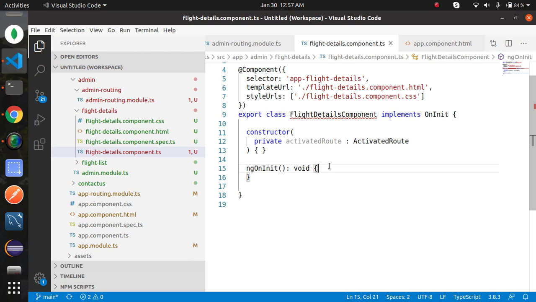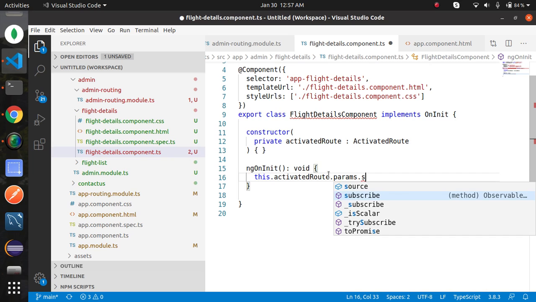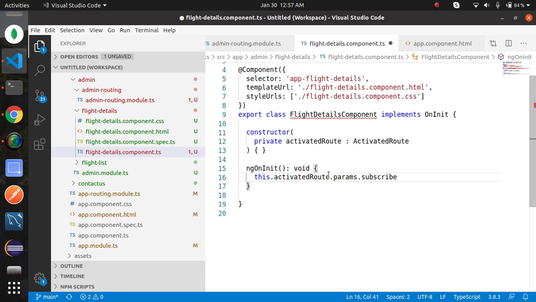Now go to the ngOnInit section. this.activatedRoute.params.subscribe. Use subscribe to get notified whenever route parameters change, then subscribe will update the value of the variable.